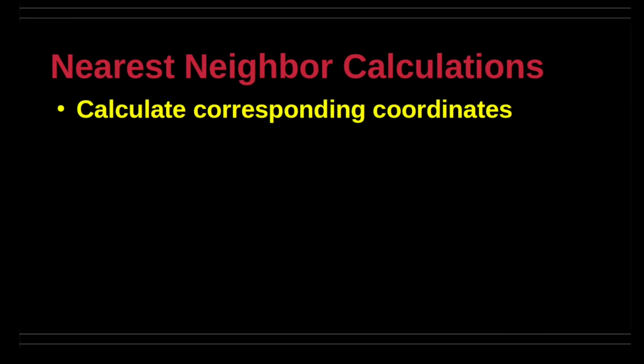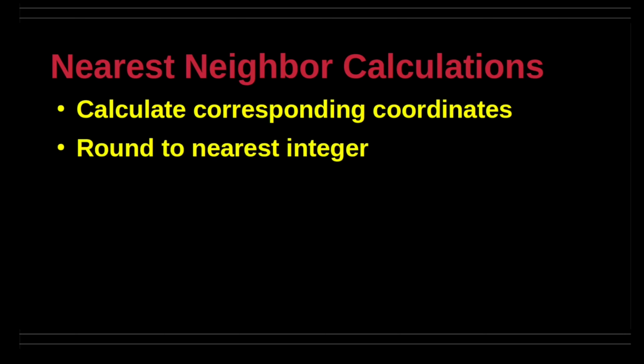Nearest neighbor interpolation is the simplest method for resizing images. It involves directly assigning the pixel value from the original image to the corresponding pixel in the resized image. The calculation steps are: determine the scaling factor, calculate the ratio of the new image size to the original image size,